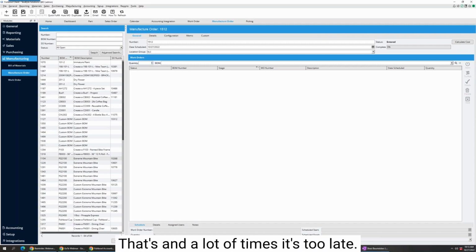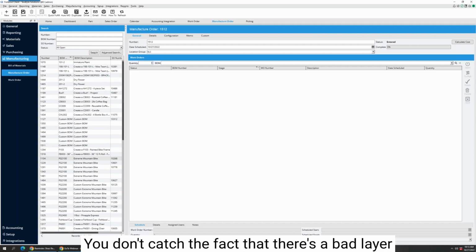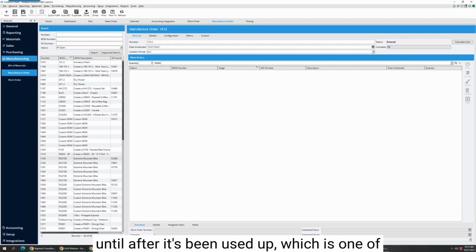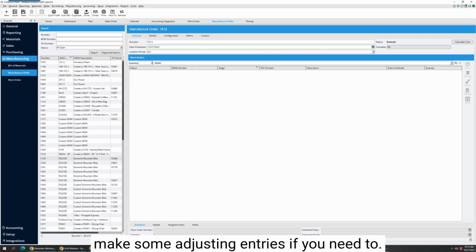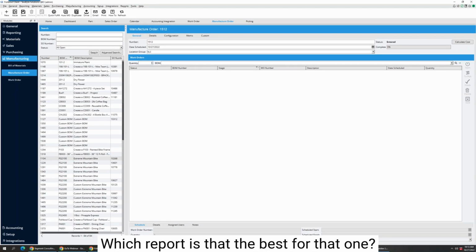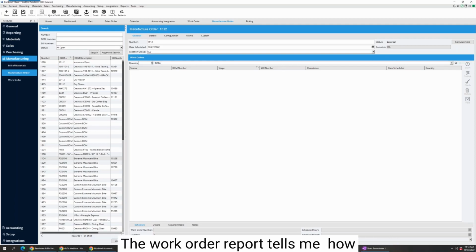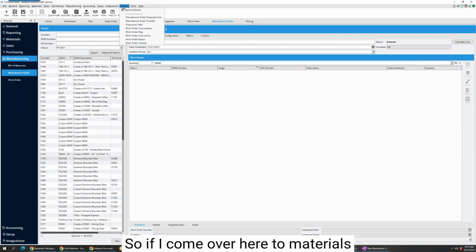And a lot of times it's too late. You don't catch the fact that there's a bad layer until after it's been used up, which is one of the things that you can use my reports for to make some adjusting entries if you need to. Which report is the best for that one? The work order report tells me how much was charged to and used. So if I come over here to materials,